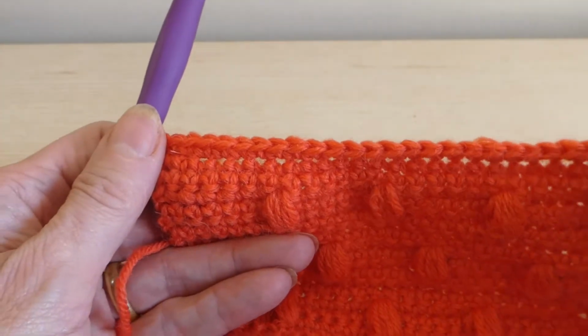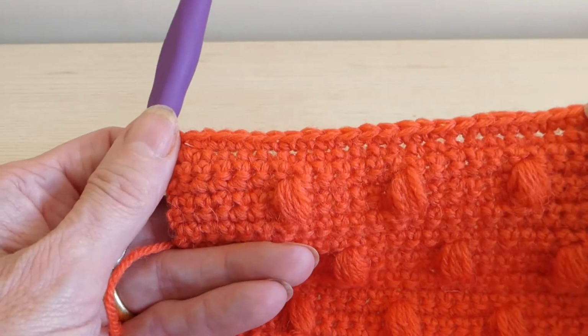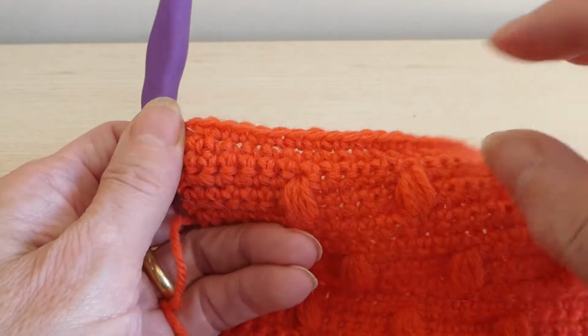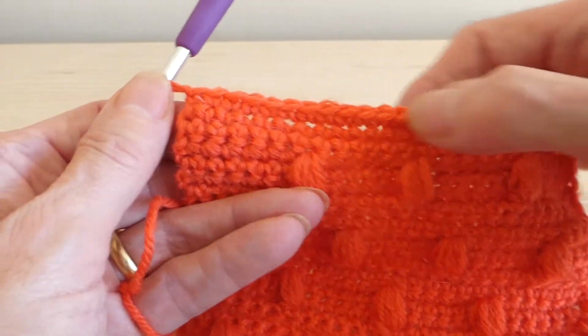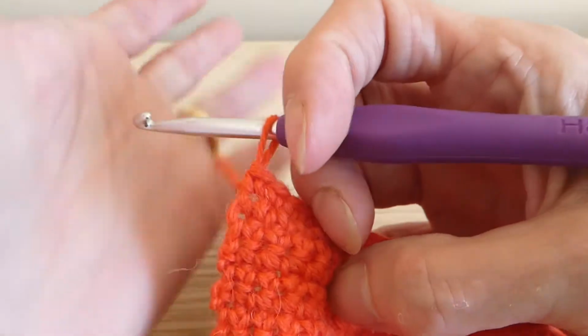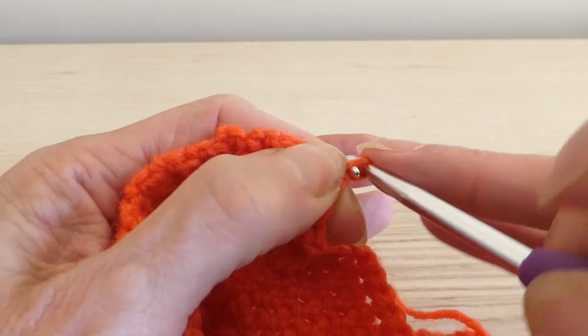Okay, so you should now have 25 stitches along the bottom. If you haven't, if you hold it up, you'll probably be able to see the stitch that you missed, if you've missed a stitch, and you'll know where to pull it back to and pick up the right number. So along the side, which is the same as the first side we did, 2 chain,